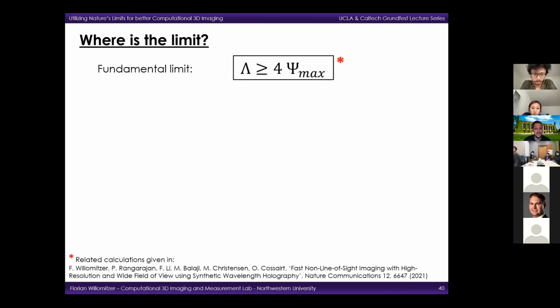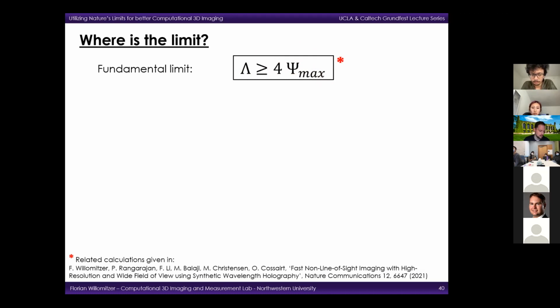Yeah, and we calculated this and we found that the synthetic wavelengths can actually not go below 4 times the maximal wavefront aberrations that are introduced by the scattering processes. Yeah, and this is actually now pretty striking because this is a limit that we already know from classical optics and that we have seen earlier, remember, when I was talking about speckle. And obviously, this limit is now also true for the synthetic wavelengths. But in this case, the synthetic wavelength is, of course, much larger than the optical wavelengths and can tolerate much larger wavefront aberrations.